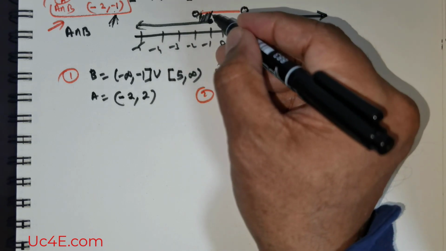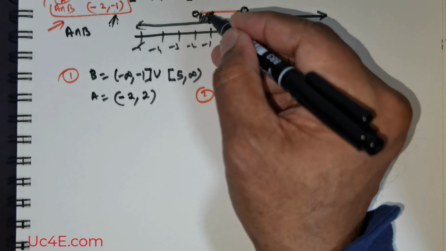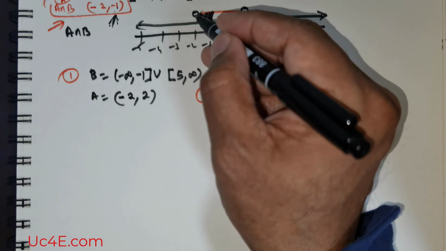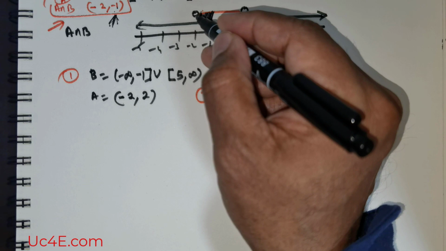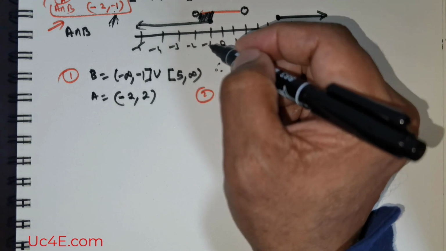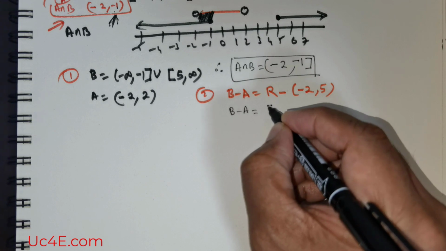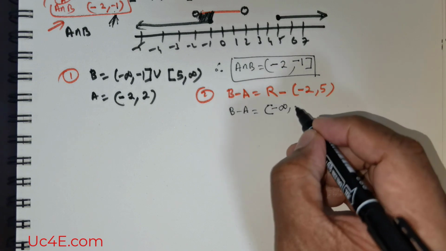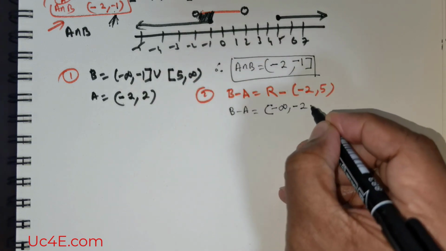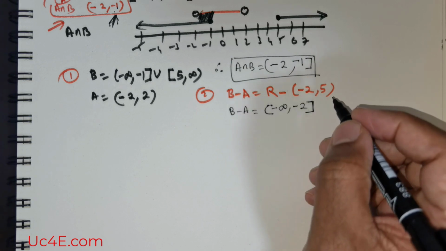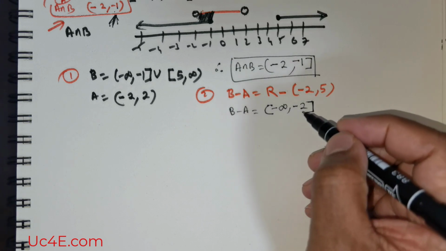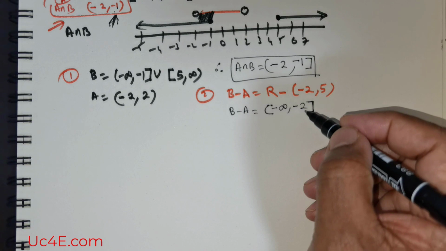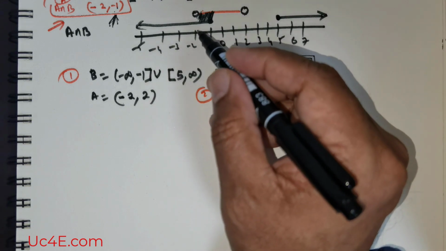So that means I can take away -1 all the way here, but when I come to -2, is it possible for me to take? This is open, right? This is a circle. If it is closed, then I can take away -2. So my B is going to be -∞. -2 cannot be taken, so it's still there in B, right? So at -2, you place a closed interval. You can't place an open interval because -2 is not actually removed. So that would mean -2 is still intact